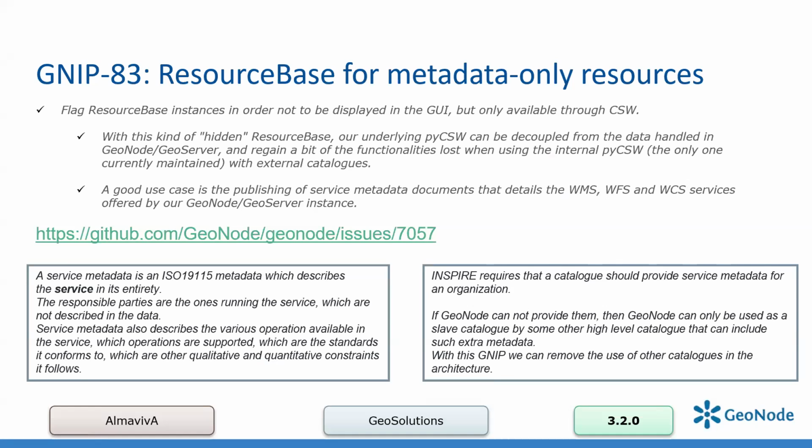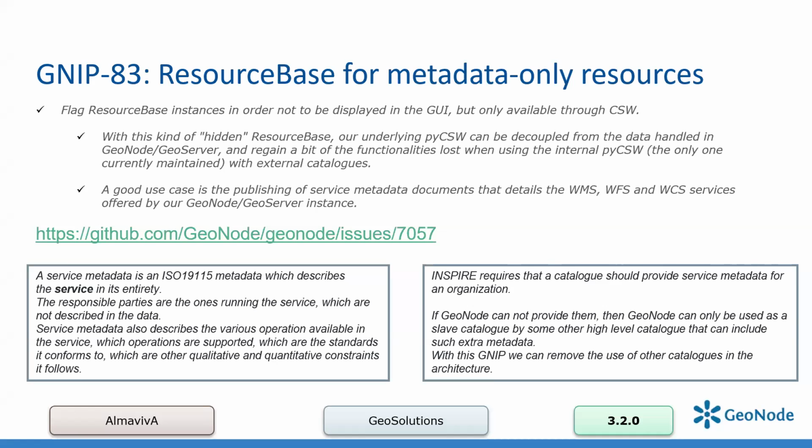Okay, this improvement, resource base for metadata only resources. This is also very useful. Basically, in the previous versions, the catalog service of GeoNode was able only to present layers and maps. With this improvement, we enable the catalog to present all the resources of GeoNode, not only layers and maps, but